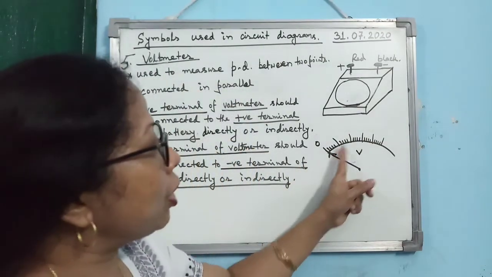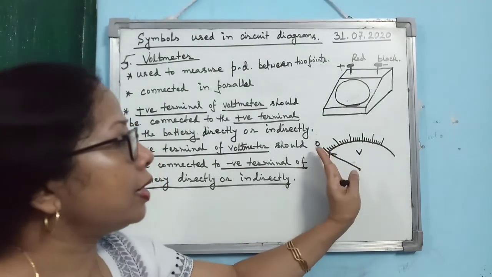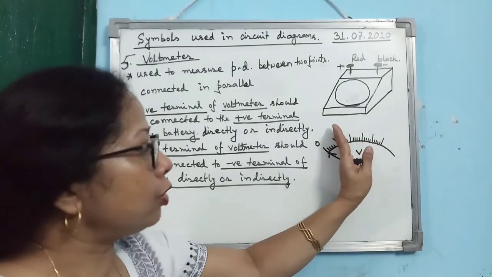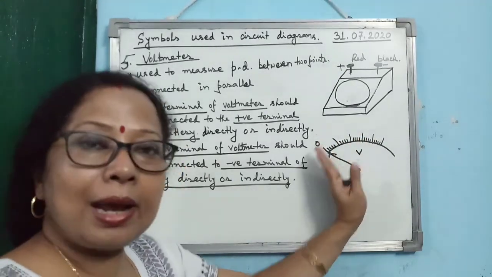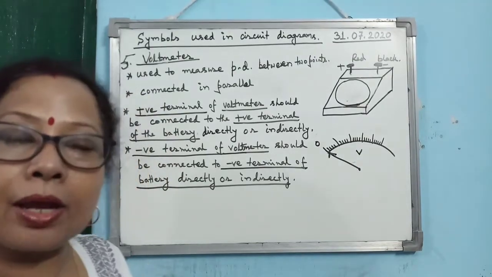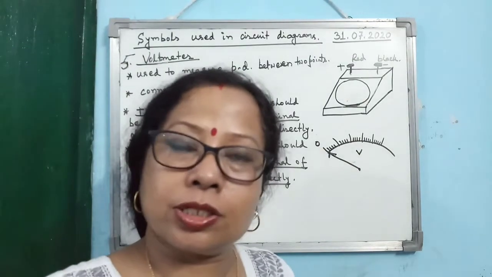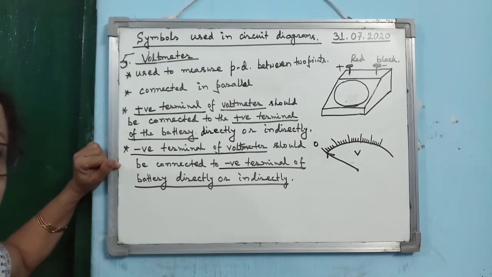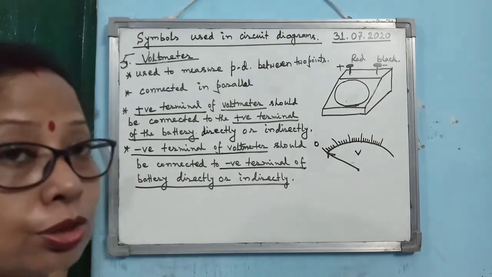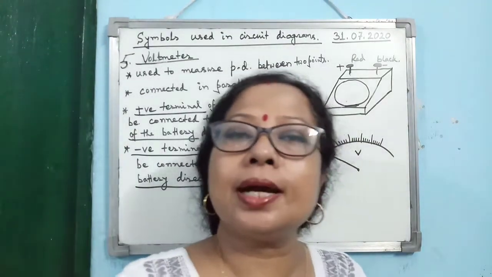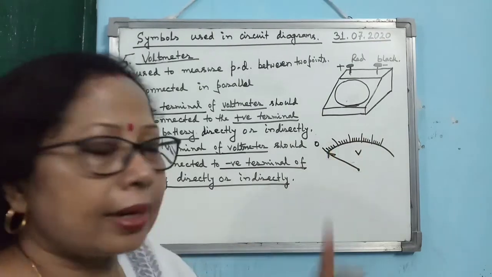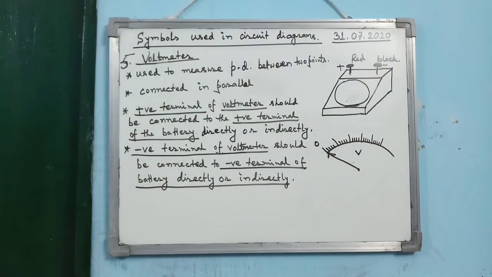Is that clear? Because in case of the voltmeter also, the pointer can only move from left to right. Alright, if you try to move the pointer to the left side, then it will simply break or the device may be damaged. So that's why these are also two important points strictly to be followed while connecting a voltmeter to a circuit. Alright, so please note down these 4 points related to the voltmeter. Again, these two diagrams there is no need to draw in the copy.